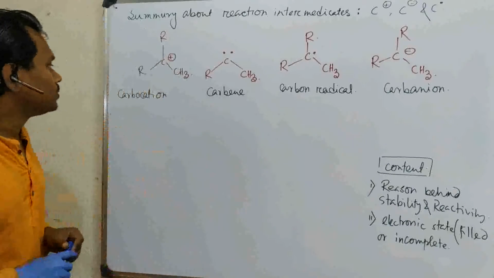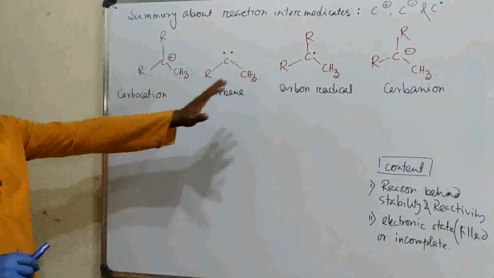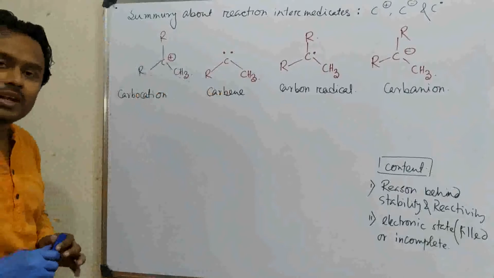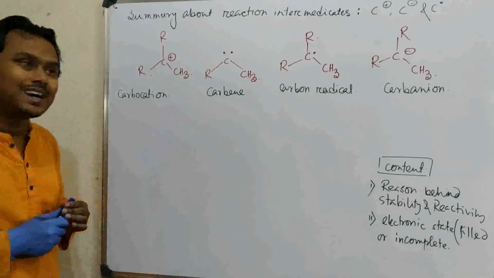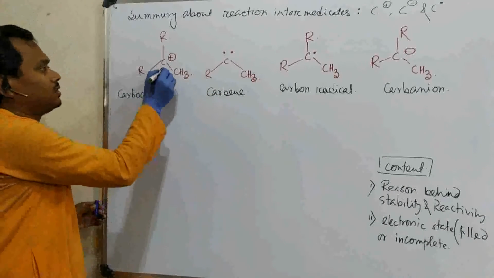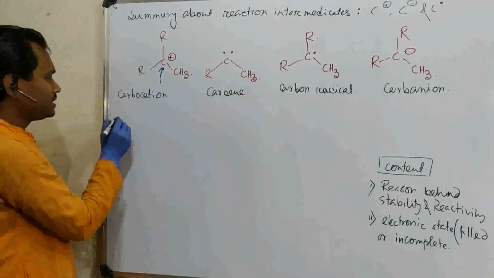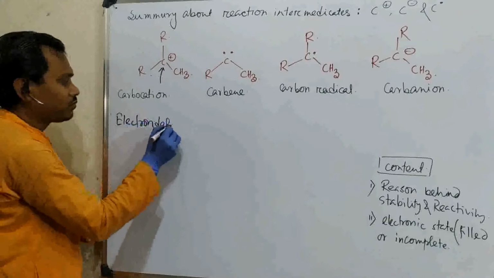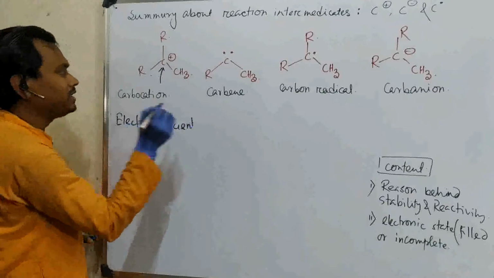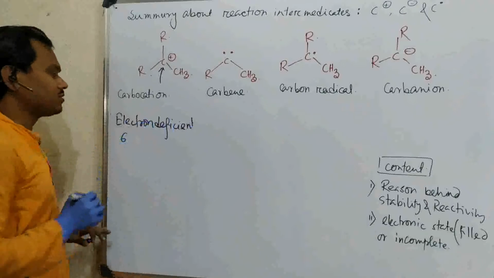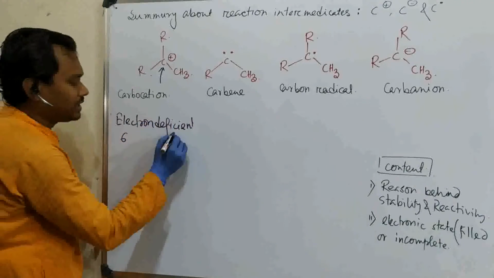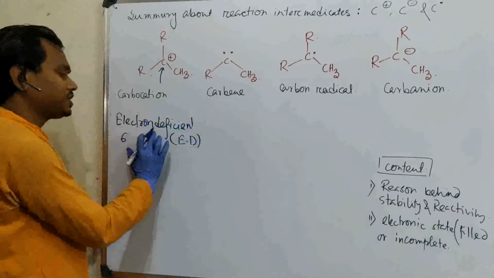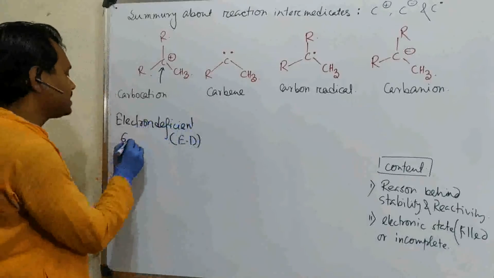Okay. So see, carbocation, we are always familiar with this. So let's start from carbocation. What is a carbocation? It means a carbon having a positive charge. Which carbon? See this central carbon. So what does this mean? This is electron deficient. Point number 1: how many electrons are there? 6 electrons. So let's consider this electron deficient term as ED. It's a 6 electron species.